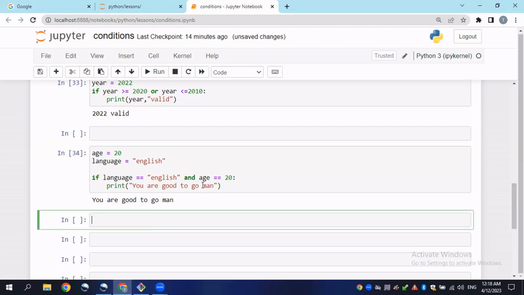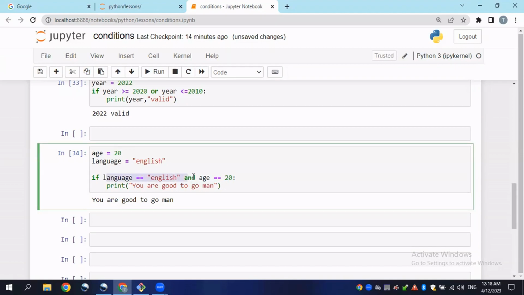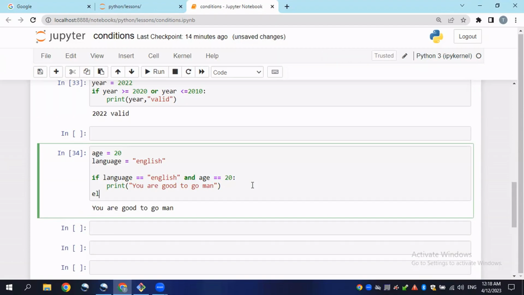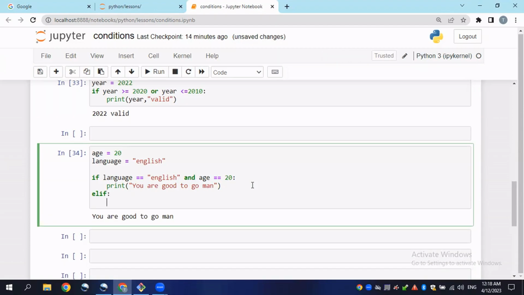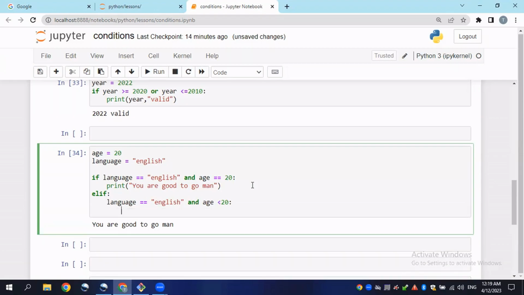Right, click enter. Yes, here it will print out the result that if both of these conditions are true, it will print out this condition here. Let's give another condition, elif language, again language equals English, and age smaller than or less than 20, we would print out